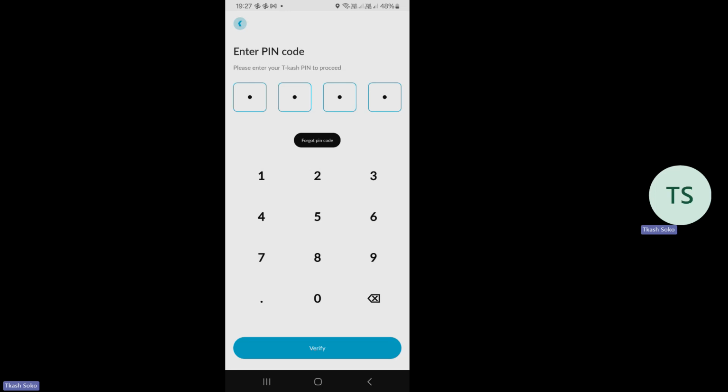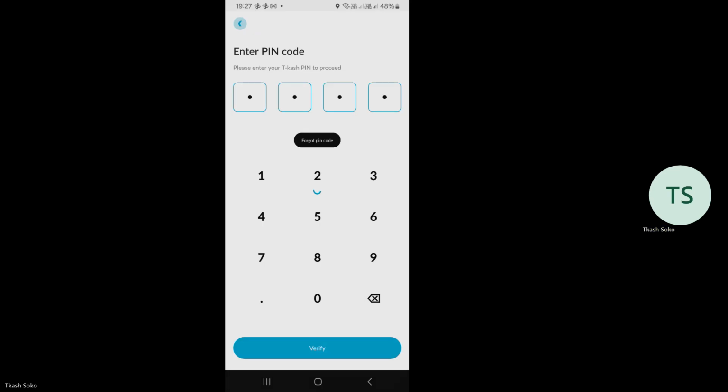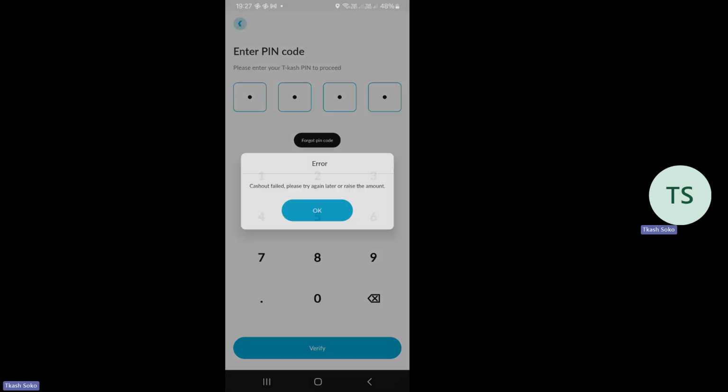Once I enter the pin code, then the next thing that I do is to verify that that is what I want to do. So I verify. Once I verify, inaniambia I confirm the details. Confirm the details that I want to withdraw the 10 shillings. So I'll proceed on and generate the code. So nikiguza hapo generate the code,